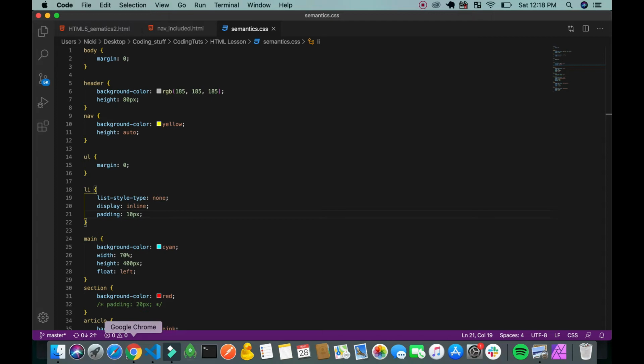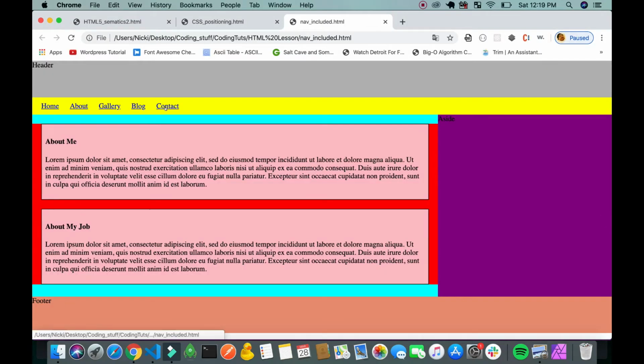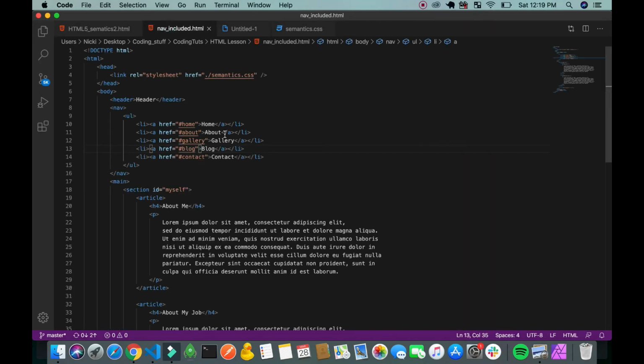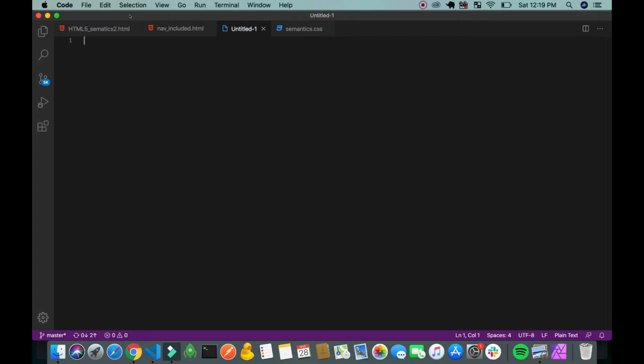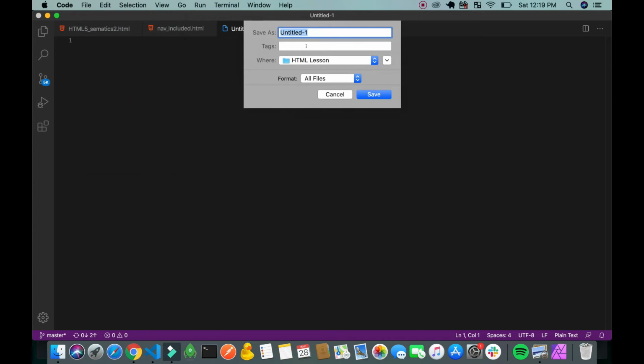Oops. Okay, and see if these work. Pay attention to the address bar. This is going to change as I click on this. Contact, blog, gallery, about. Okay. I put these hashtags here to see if they'll work. I'm going to create the pages now. The about, gallery, blog, content. Save this as